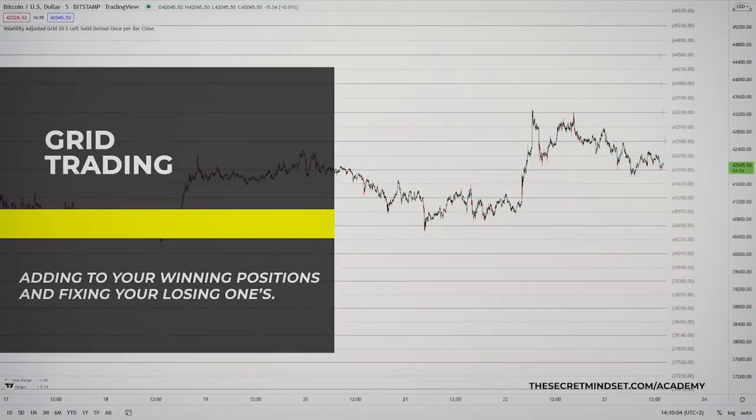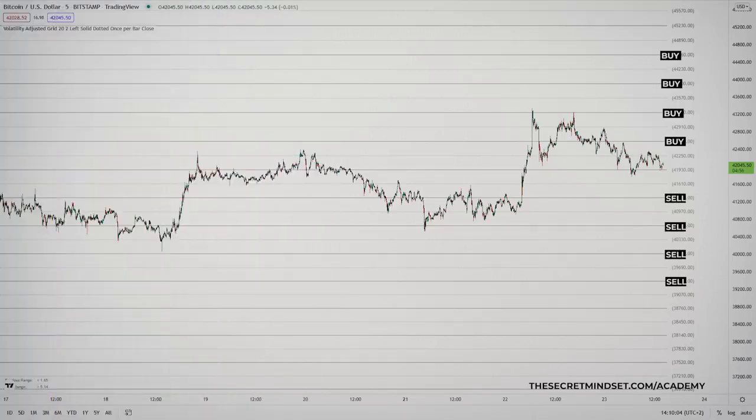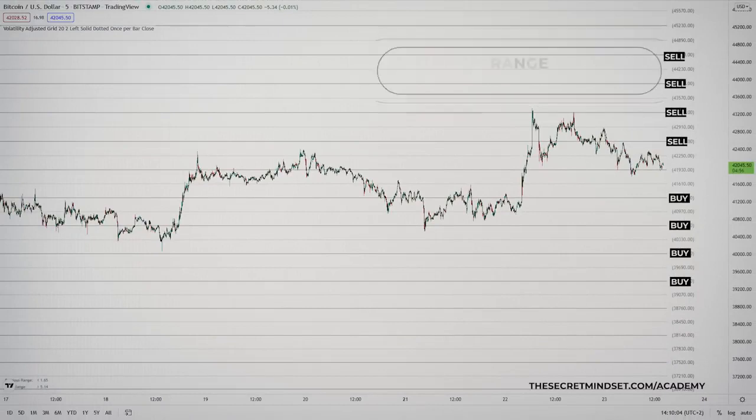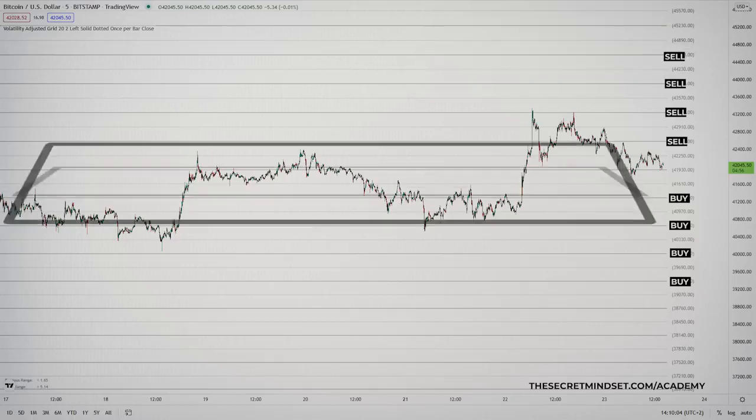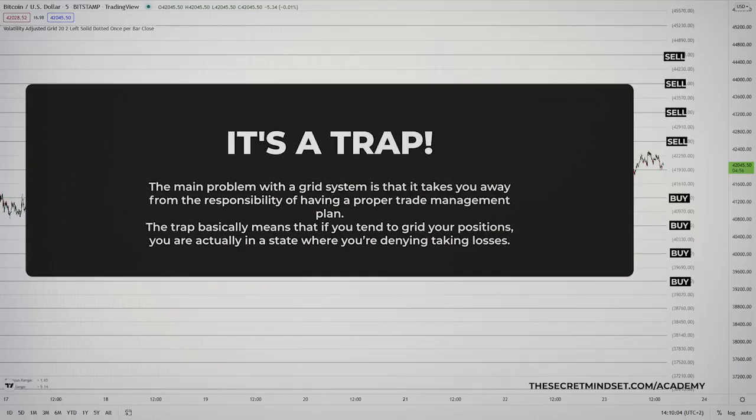For example, a forex trader could put buy orders every 20 pips above a set price, while also putting sell orders every 20 pips below that price. This takes advantage of trends. You could also place buy orders below a set price and sell orders above it. This takes advantage of ranging conditions. As good as this setup sounds in theory, it has a significant trap built into it.